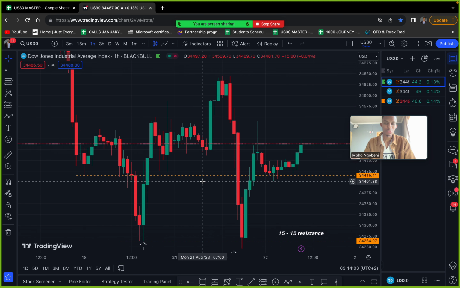So on lower time frames, what do I look for? I look for zones, and I also draw my key levels. As you see, I have two things that I do with the 3 hours. I draw my trend lines, and I look for formations. But there was no trend line.